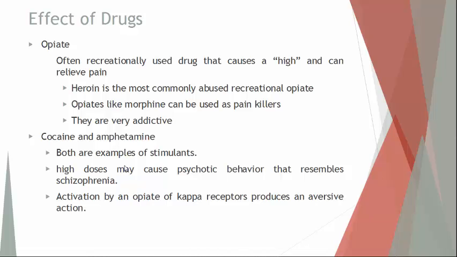and on very, very high doses, cocaine and amphetamines will cause psychotic behavior that closely resembles schizophrenia. You hear things that aren't there. You think people are plotting against you. You are very manic. And there is some recent evidence that has shown that the activation of certain opiate receptors in the brain will actually help to dial down that manic state in cocaine users and amphetamine users. Because opiates are depressants, by triggering various receptors called kappa receptors, this will help bring it down for someone who is high on cocaine or amphetamines.